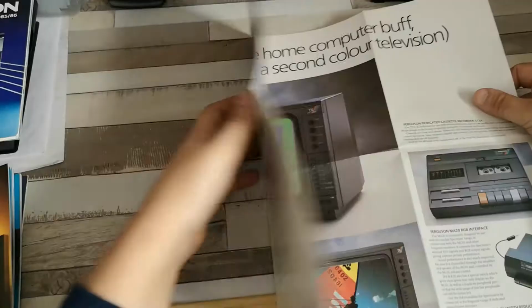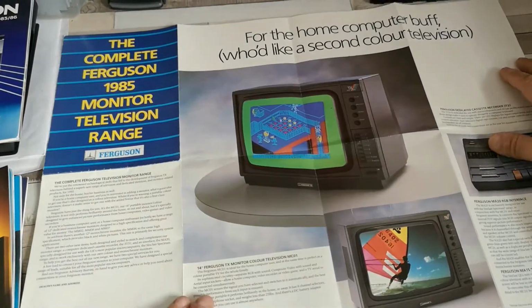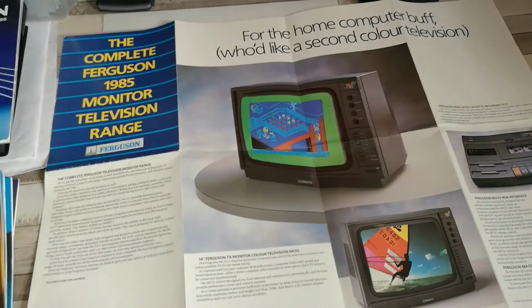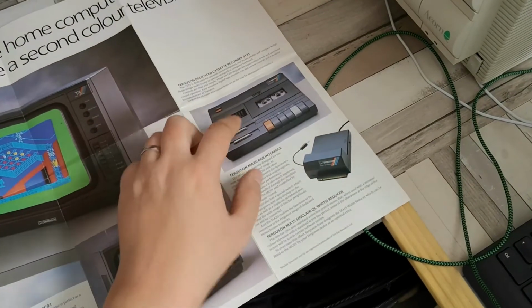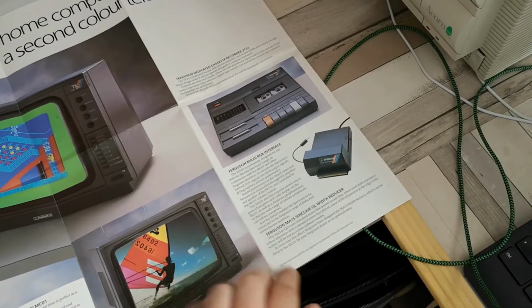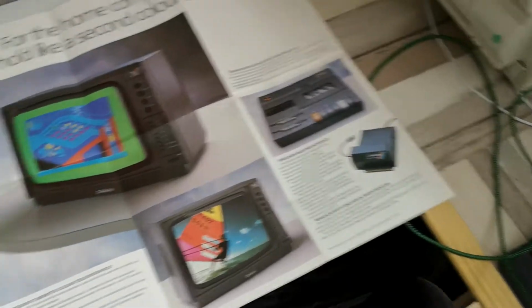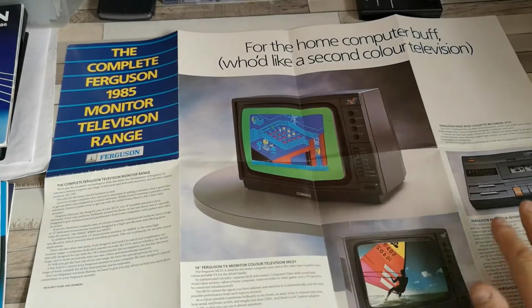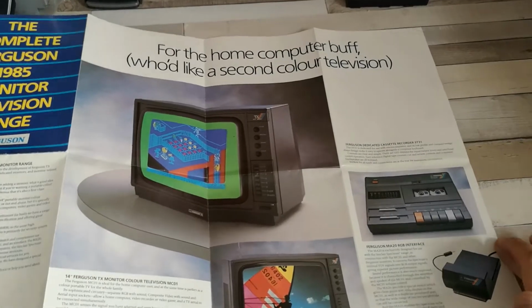it is a selection of accessories for home computers. And it seems that Ferguson actually cashed in quite nicely on this particular market with these TX90s that had various audio-visual inputs, which were quite handy. And they also had the cassette as well. They also had an accessory for the Sinclair QL, so they were gearing towards the Sinclair range of computers. However, these could have been used with the majority of home computers and home games consoles of the time,